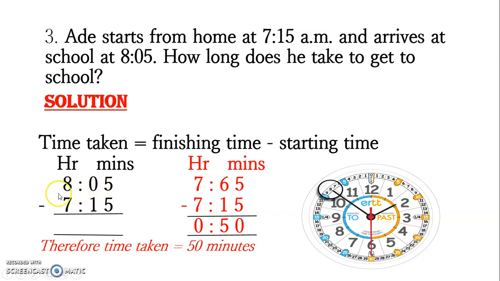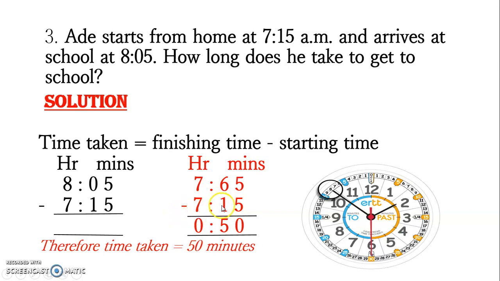So we have to borrow from our hour. And remember, when you are taking from hour to minutes, you have to take it in the value of minutes. So 1 hour in minutes is 60 minutes. So we are bringing 60 over to this place, and 60 plus 5, we're going to get 65. And here our hour is no longer 8 but 7, because we took 1 away from it. Now we're having 7. So 7:65